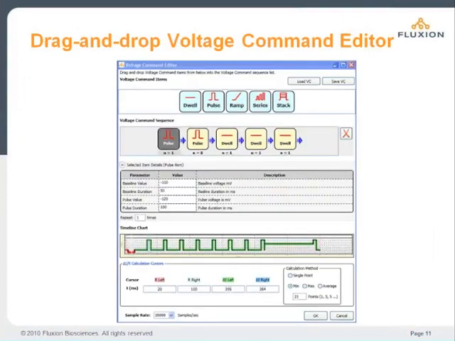Changing the voltage command is easy with our drag and drop voltage command editor. Within the voltage command editor, there are a selection of event types. To add a new event type to the sequence, one simply selects the event type and places it within the sequence. Then, when one clicks on the event within the sequence, the parameter window below the sequence shows the variables